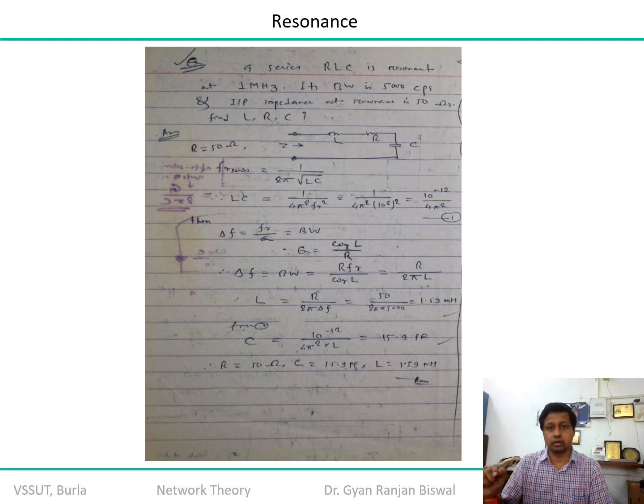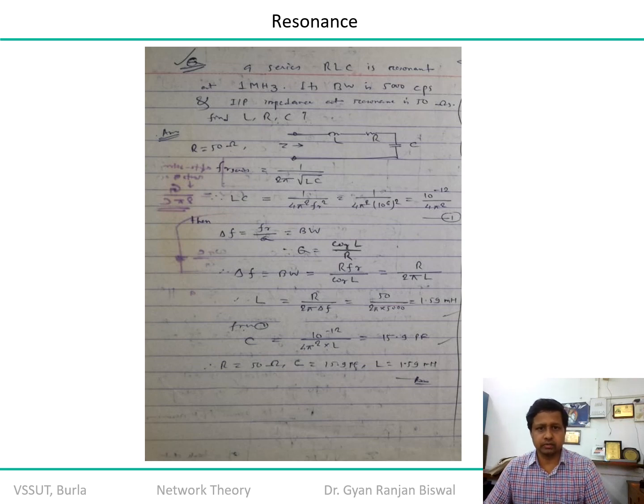Okay, it's a root over times of the resonance frequency upon root over of fr or omega r, you can say. Okay, so if the bandwidth is 60 cps and 5000 cps is given, that means cycles per second, radian per second is given. And the input impedance of the resistance is given, 50 ohm. So if the input impedance Z is equal to 50 ohm or R is equal to 50 ohm, find out the value of RLC.